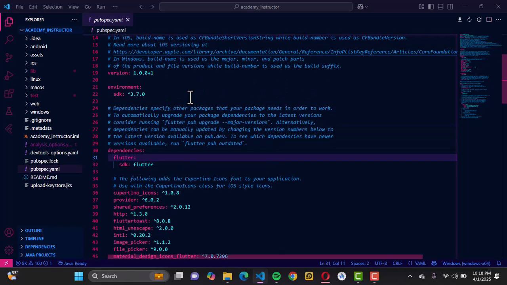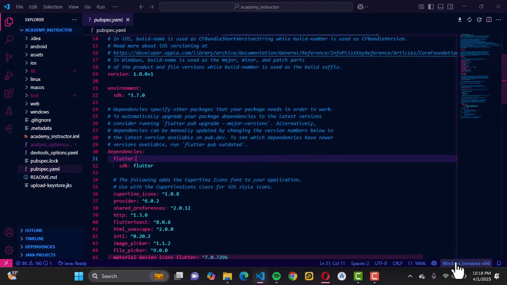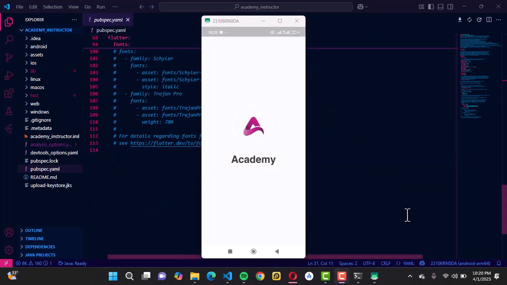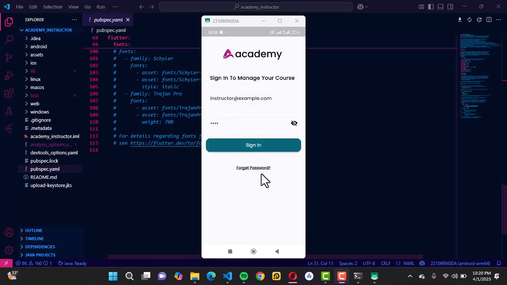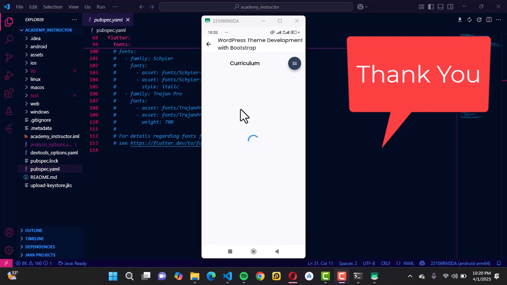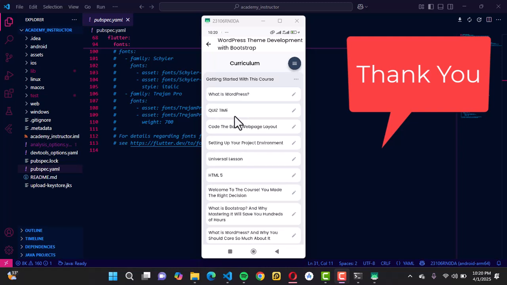So once you run it, you just have to connect your emulator or your physical device. So I'm going to be doing that now. Just connected it, and this is my emulator, and the app just ran. So this is where you're going to click on sign in. So this is our application, this is how it looks, and yeah, so that is how to install a Flutter